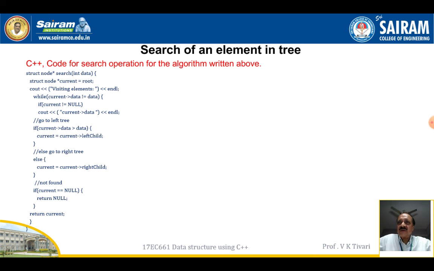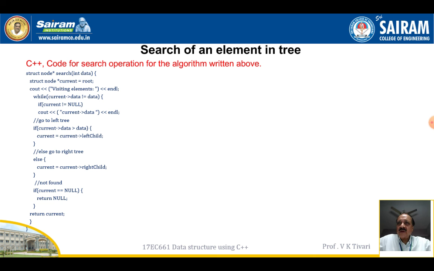We take the current root, count the visited elements, and accept the input from the monitor display. Then, while current data is not equal to data and current is not equal to null, we go to the left subtree.